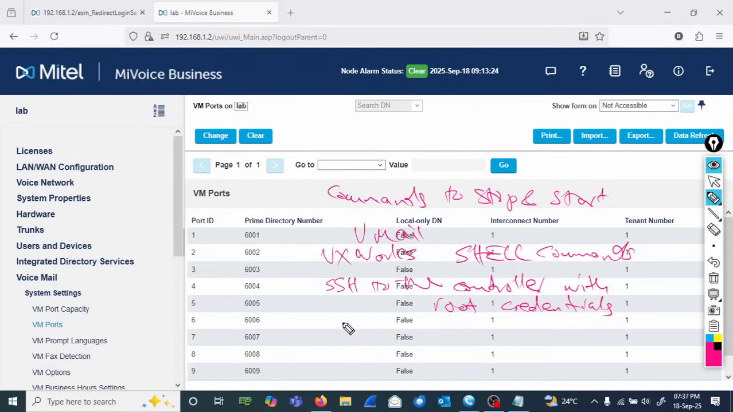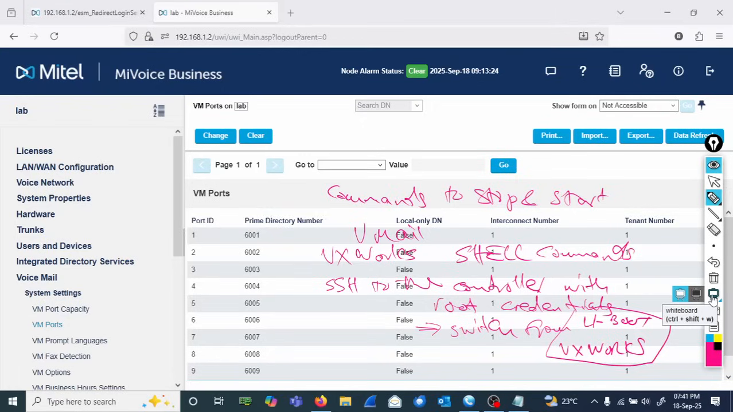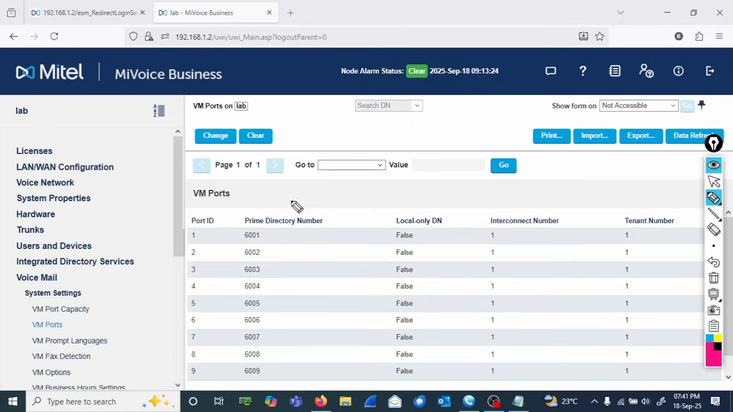Once we have SSH'd, when we are on the console, we are going to switch from U-boot to VxWorks temporarily, so that we run these commands, and after we are done running the commands, we then exit the VxWorks back into U-boot. So how do we do that? We do that by